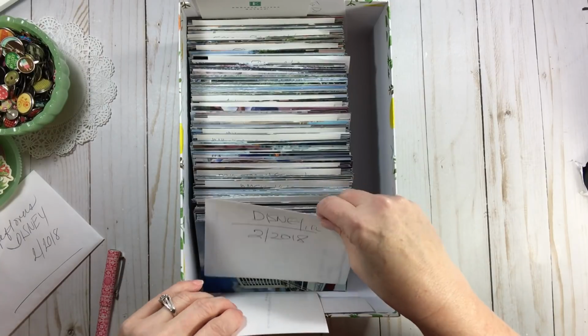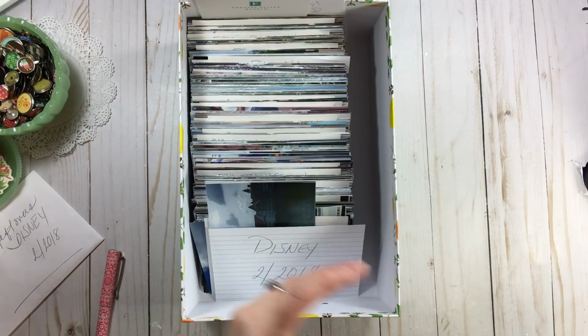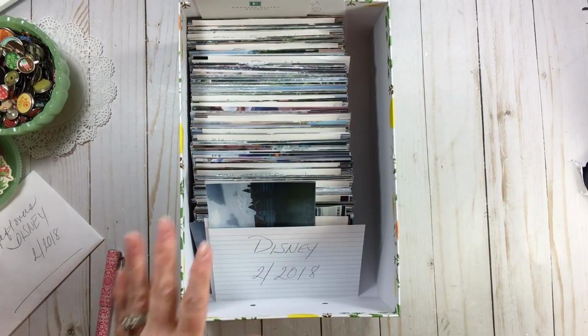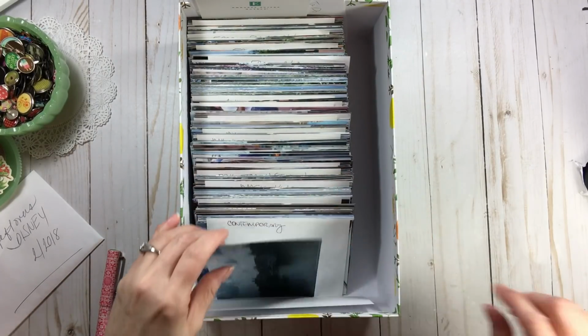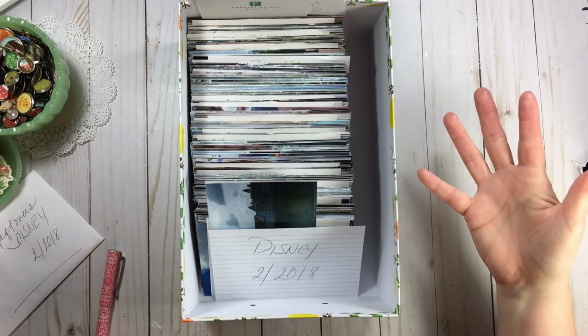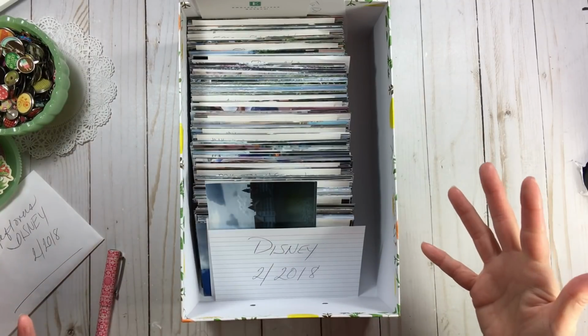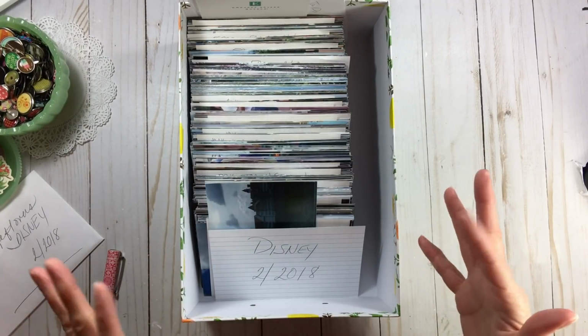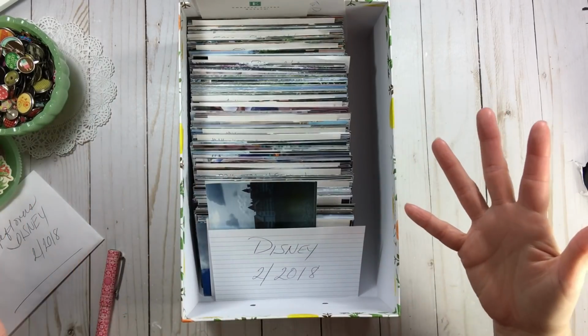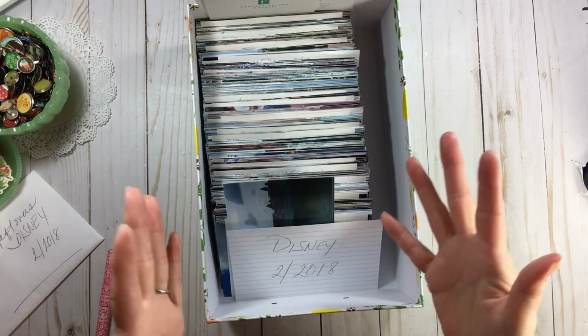So of course, I have these organized somewhat, and I'm just using scrap paper for now until I figure out my level 3 organizing. There's no sense using an index card or tabbed index cards or envelopes until I figure out more of what I do, okay? And so this is a trip that basically I went to the parks by myself,